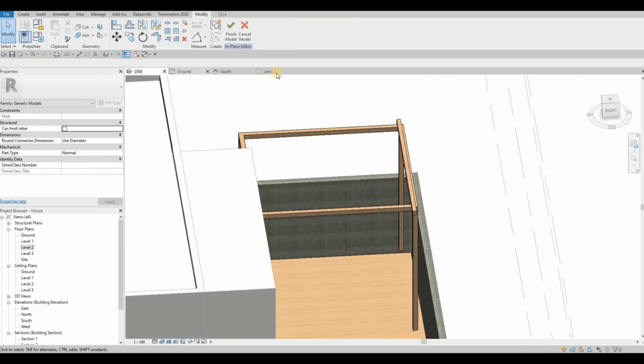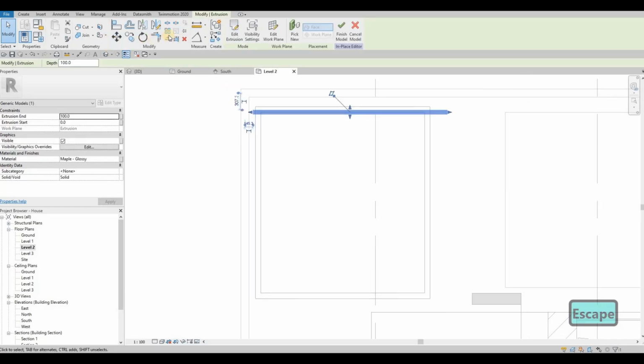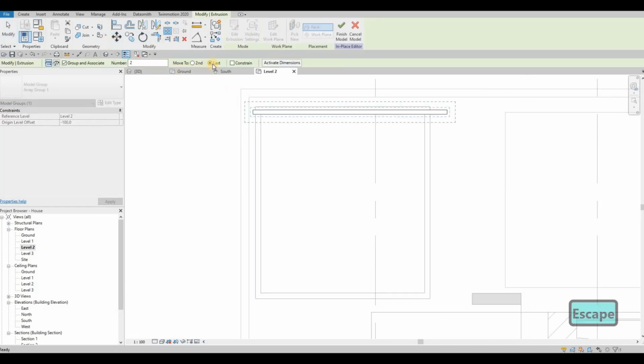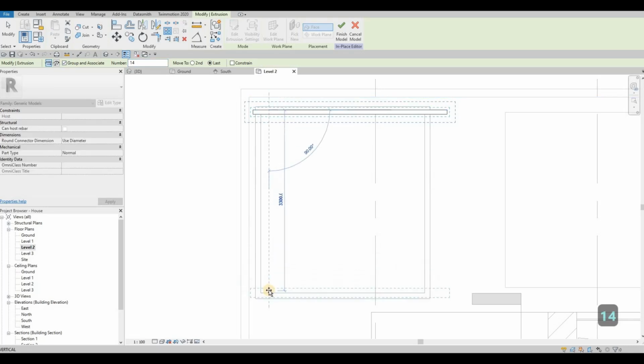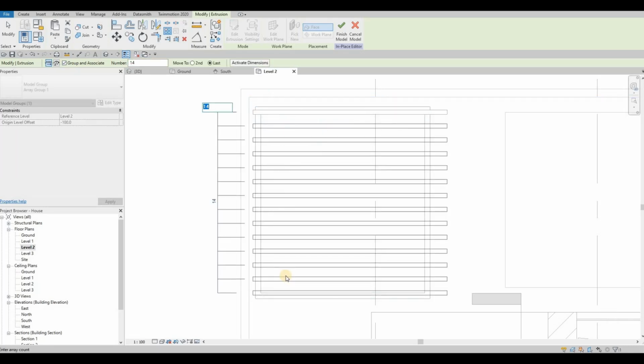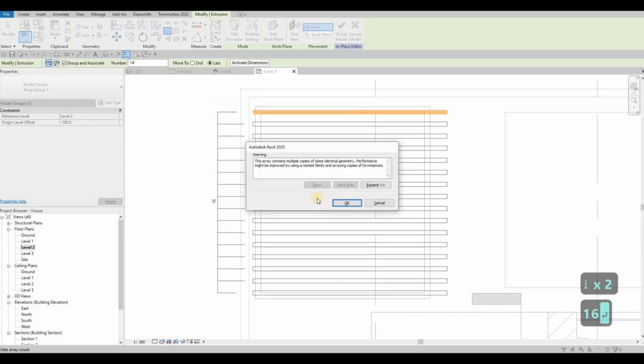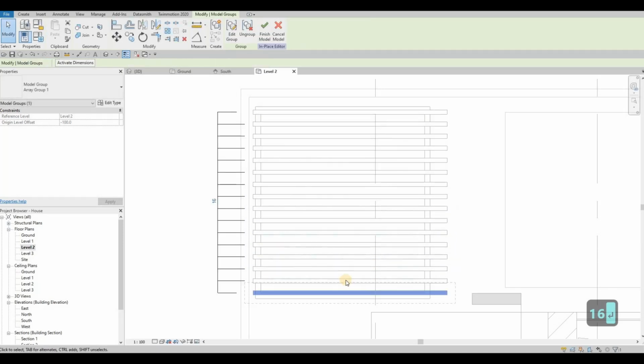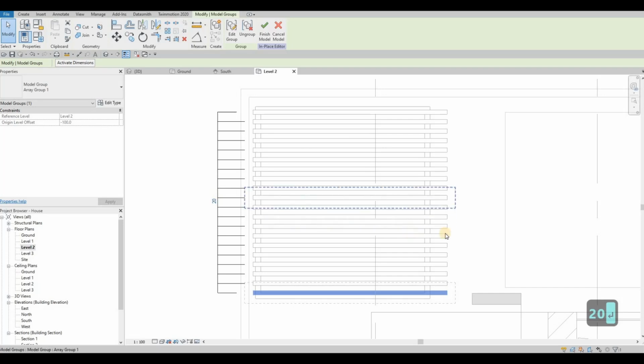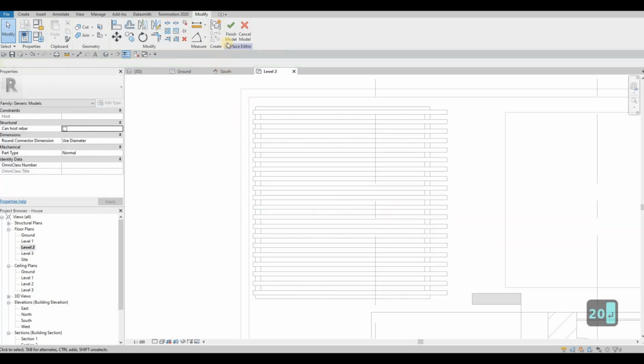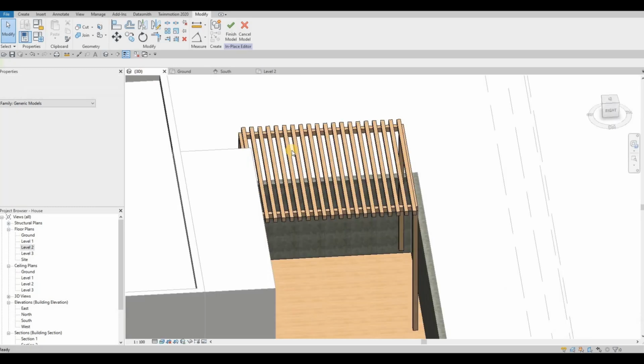So that's good enough for me. Go back here, and to select that, choose array, click last, and then type in 14 and add it onto the last part. We could increase it to maybe 16 to change the depth, or maybe let's just put it 20 to have a nicer look. And then after this,